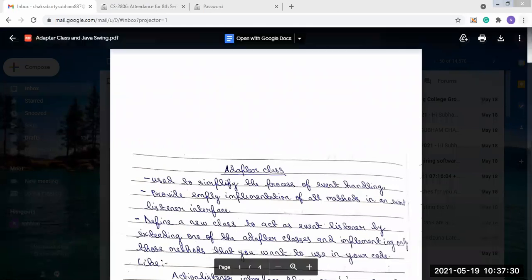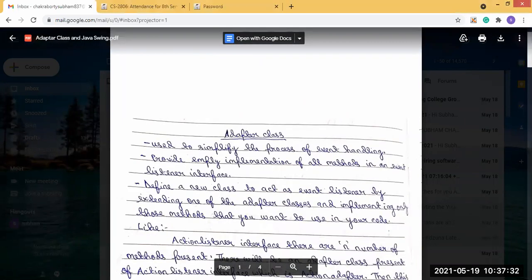So in the adapter class, each and every method present in the listener gets a blank implementation. Here, the adapter class is a new class to act as an event listener.